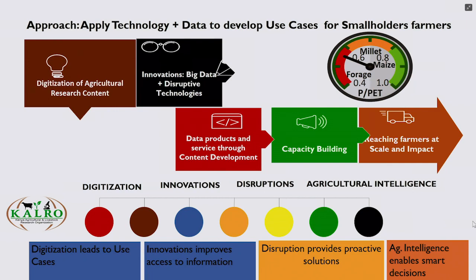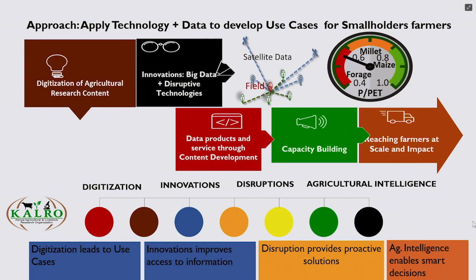And the third thing is to look at disruption. How do we disrupt the status quo? Because agriculture is the least digitized sector in the world. And in this case, we have been able to use satellite data and field data to disrupt agriculture. But importantly, number 4 is we need to look at how do we provide agricultural intelligence, because with the issues of climate change and other aspects, we need to make sure that we are able to provide agricultural intelligence and then build a capacity that can help us reach farmers at scale and enable farmers and policymakers to make appropriate decisions.